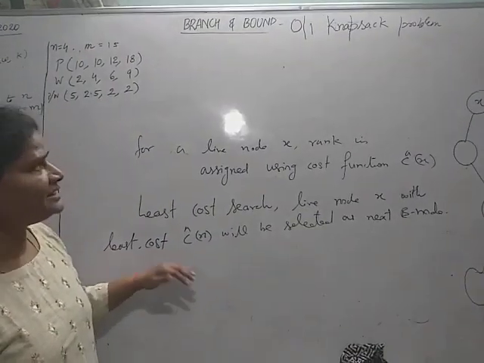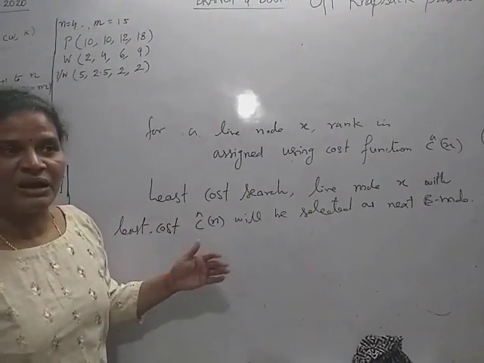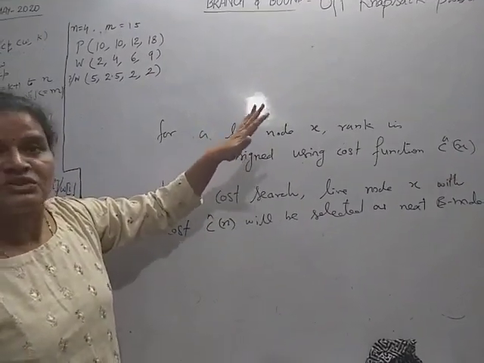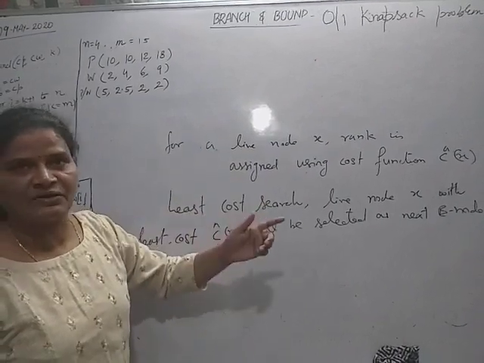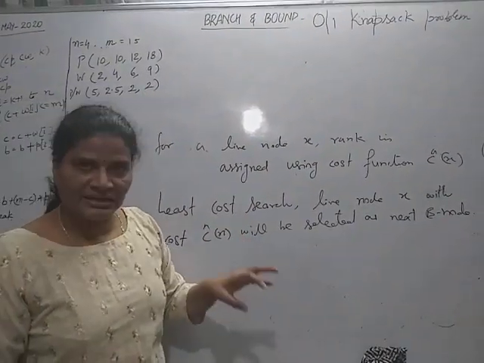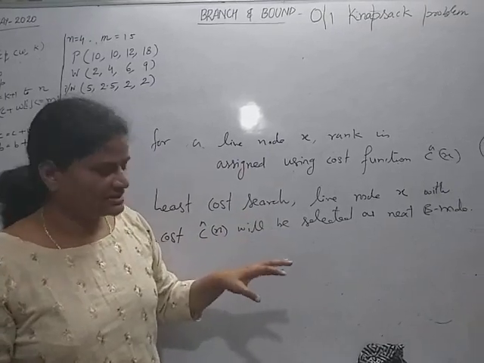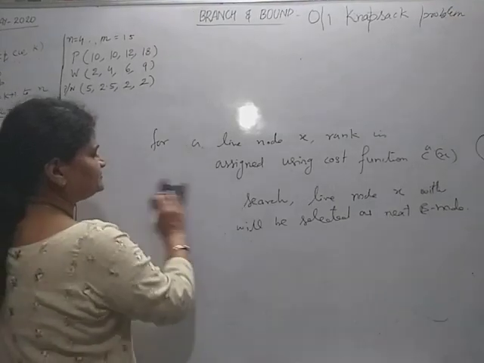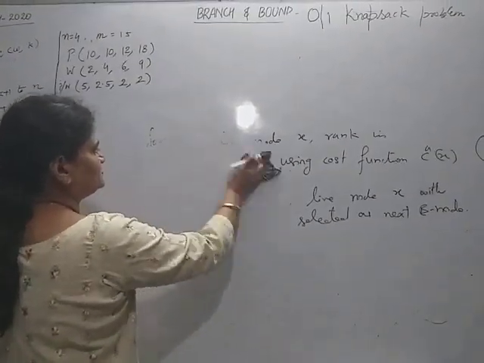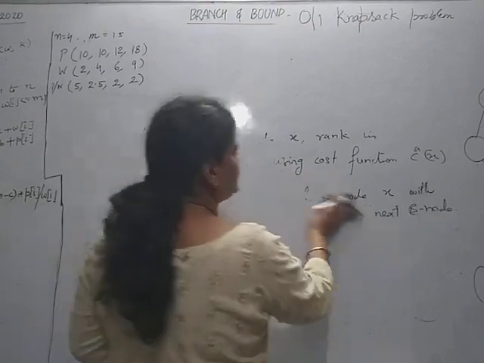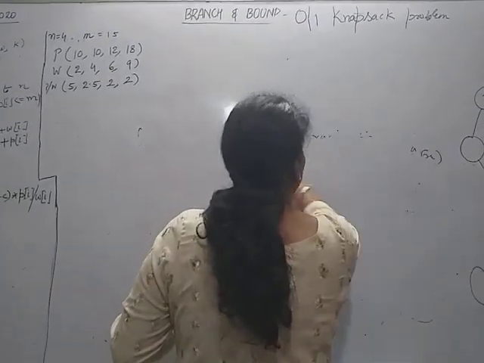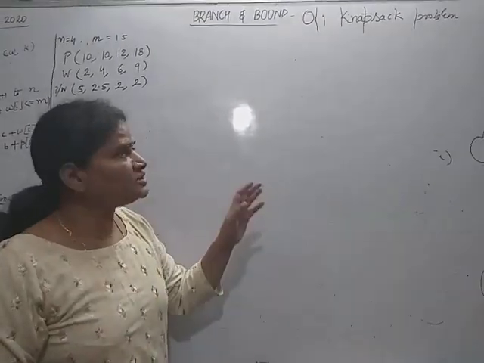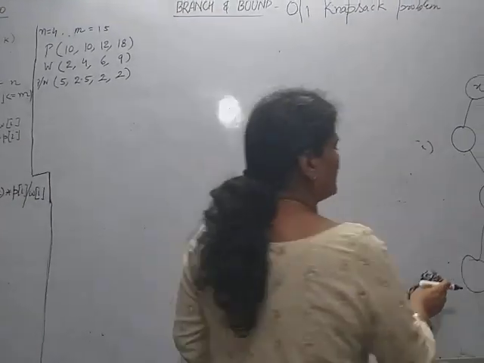Okay. Now, in part 2 I explained the 0-1 knapsack problem, how to solve the 0-1 knapsack problem using the branch and bound technique with this example. And today I am explaining this again, as this is difficult. So again I am trying to explain the solution of the 0-1 knapsack problem using the branch and bound technique. How do we solve the 0-1 knapsack problem using the branch and bound technique?